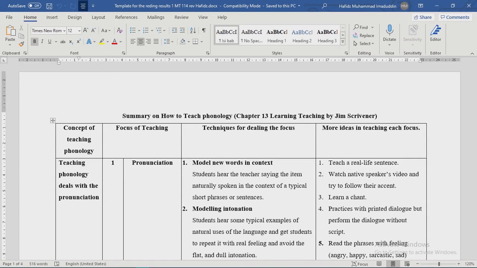Chapter 13 of Learning Teaching by Jim Scrivener. The concept of teaching phonology: teaching phonology deals with pronunciation. There are 5 focuses of teaching phonology. The first one is pronunciation,